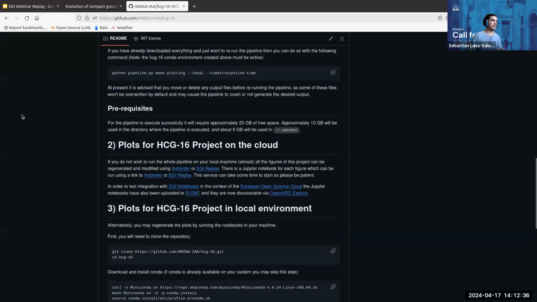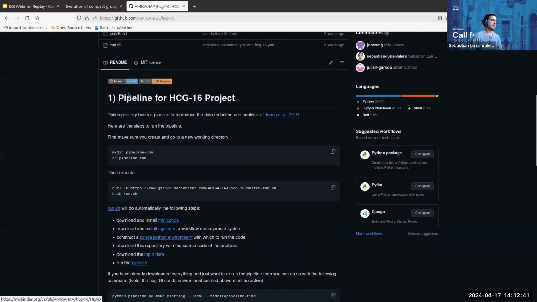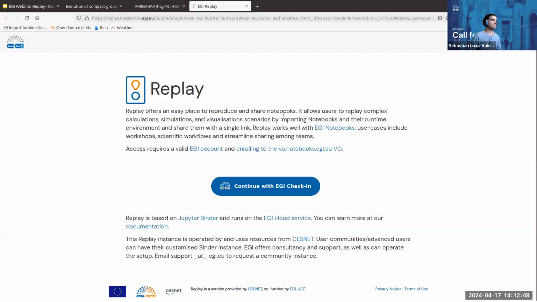So with that, when you use MyBinder or EGI Replay, you get a link and you get this badge pointing you to the service. So that's what I'm gonna do now. I'm gonna follow the link to EGI Replay. I need to log in to the service with my EGI Check-in account. And once I log in,